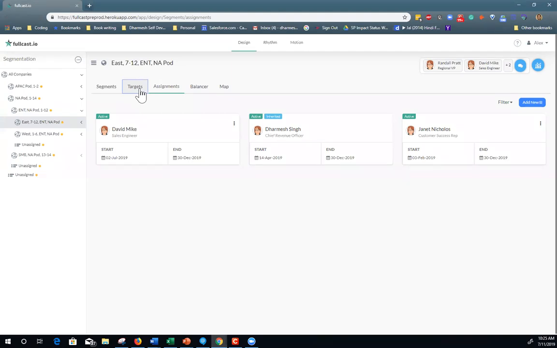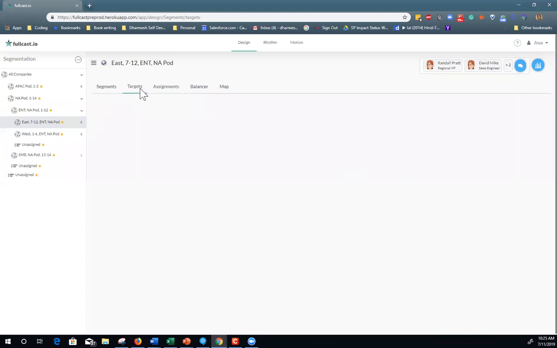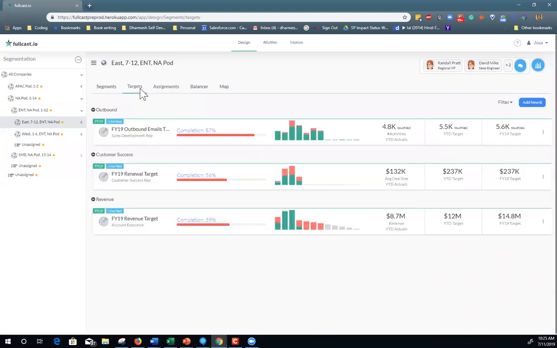If I had to move people out of those roles to a new role or do any replacement, I can do those things. I can now come and start doing target setting. So I'm actually seeing right now how this team is performing against plan for a given target. I've already set up those targets for this team.